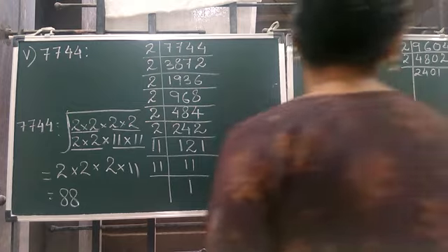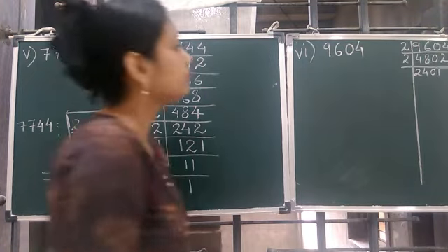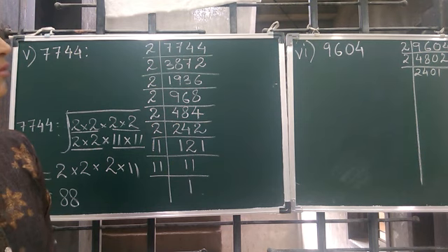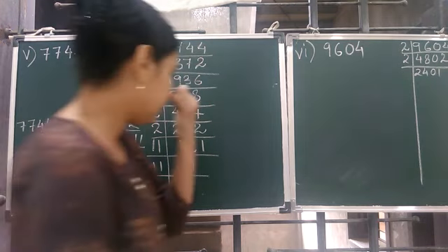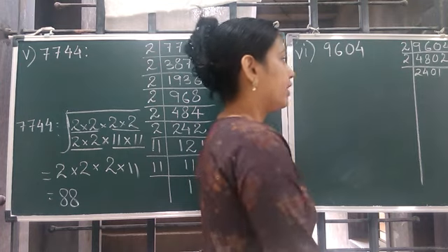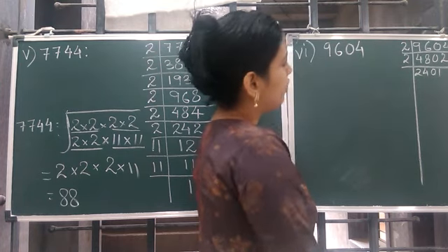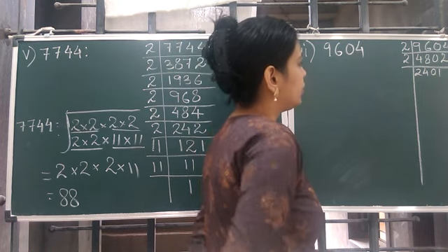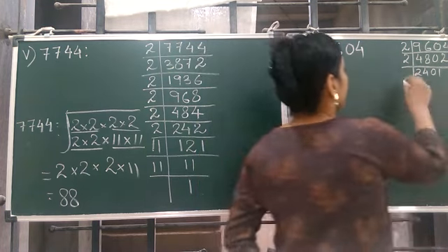Then by what number should it go? It will not go by 5 also. What is the next number? 7. Let's check by 7. 7 3s are 21, 3 are 21, 30 will be there, 4 are 28. Yes, it will go. So it will go by 7.